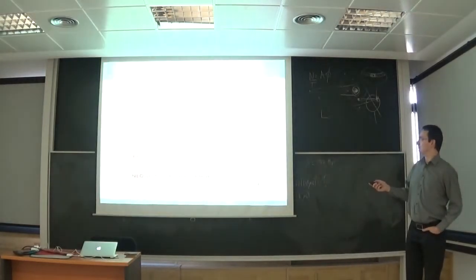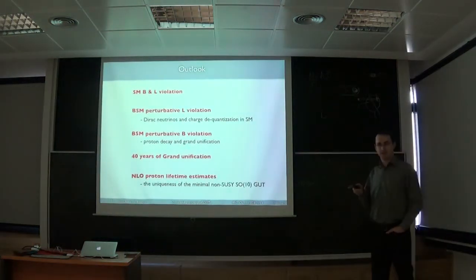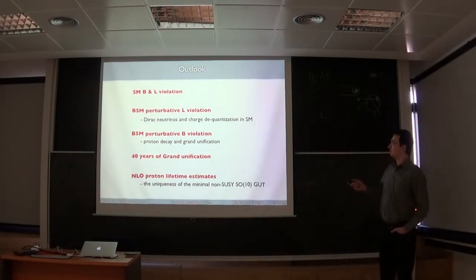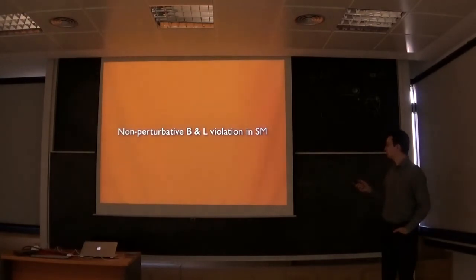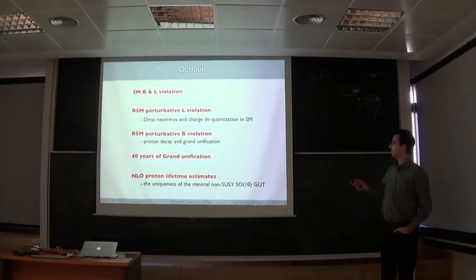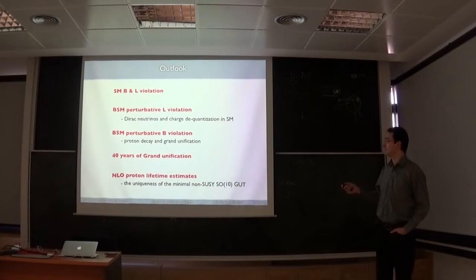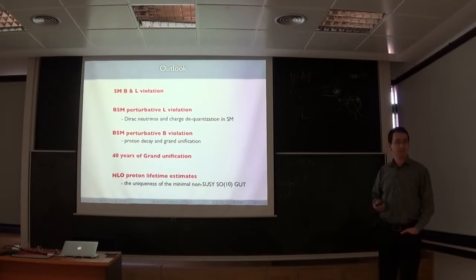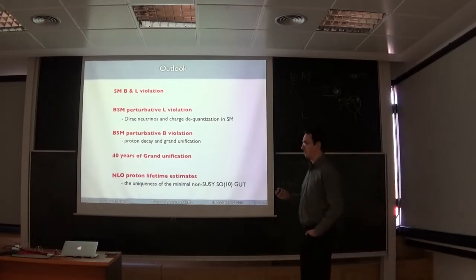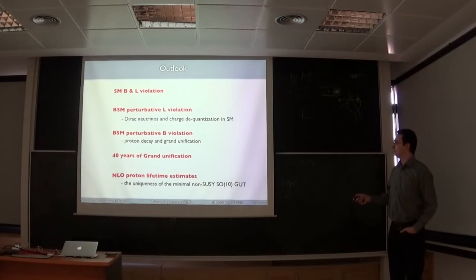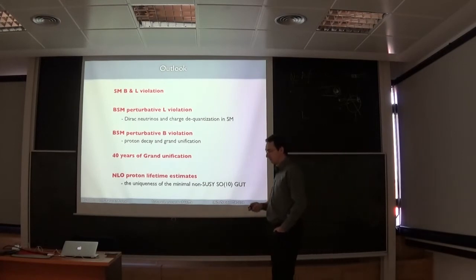Okay, never mind. What I'll be talking about is perturbative baryon number violation in particular. By perturbative, I mean everything which is not in the standard model. As you know, in the standard model there is actually baryon and lepton number violation, but it comes only at the non-perturbative level. So I'll just give you a very brief account of this initially. Then I'll go to the lepton number violation, because that's something which is somewhat more naturally embedded into the standard model or its simple extensions. And then finally, I will go to the perturbative baryon number violation and grand unifications as perhaps the most plausible framework for